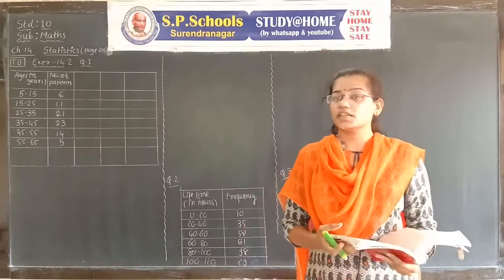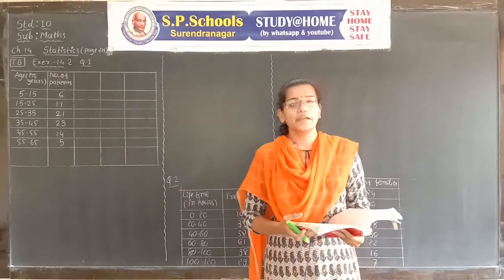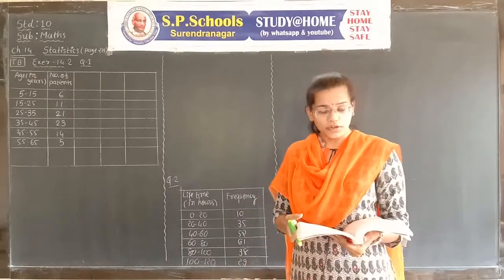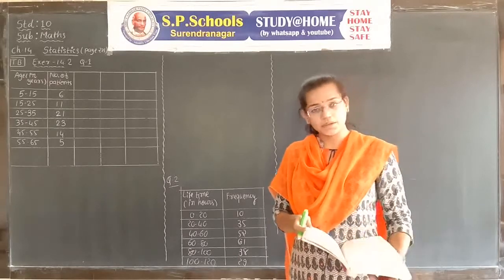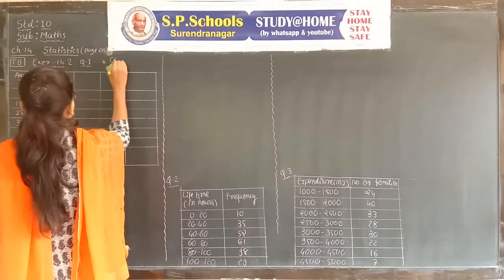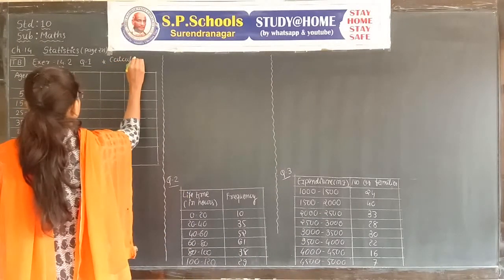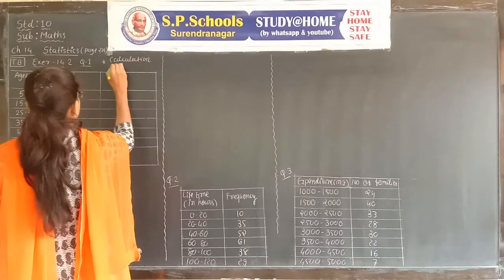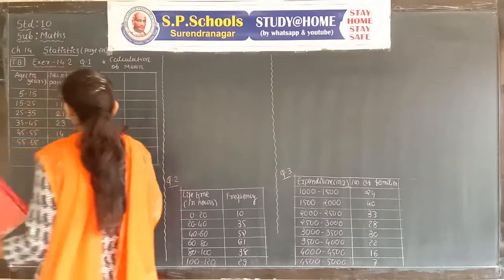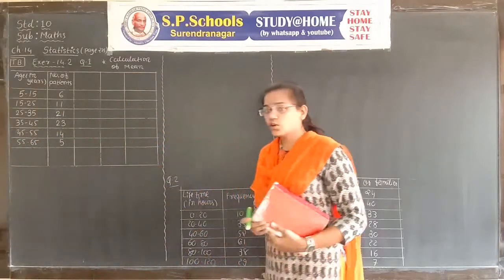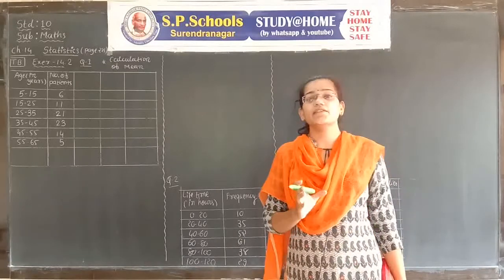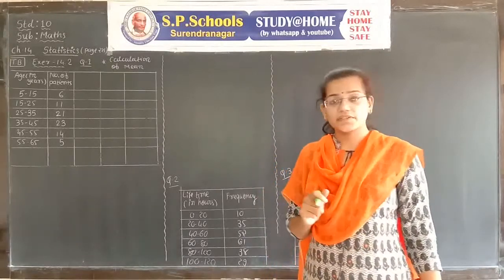As we know, there are three measures of central tendency: mean, median and mode. Right now we are finding two things, mean and mode. The mode is first and the mean is second, but I will find the mean first. Calculation of mean. For that, the table is drawn here. Whenever the method is not given, we use the step deviation method.